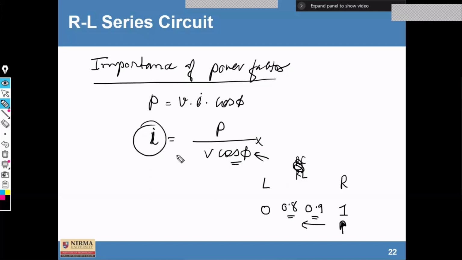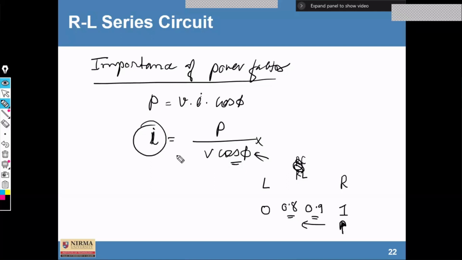As a result of this, there are certain disadvantages. So poor power factor matters a lot. Poor power factor means which is not 1, less than 1: 0.9, 0.8, 0.5. Suppose you have motors, different electrical gadgets, having a power factor of 0.5, it means your efficiency is 50% now.